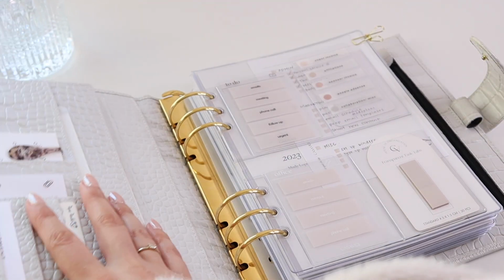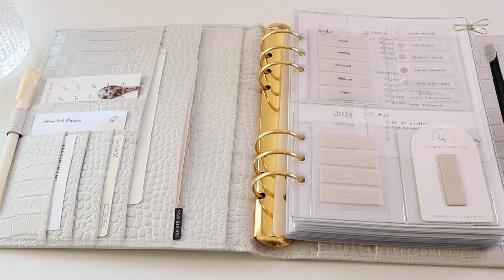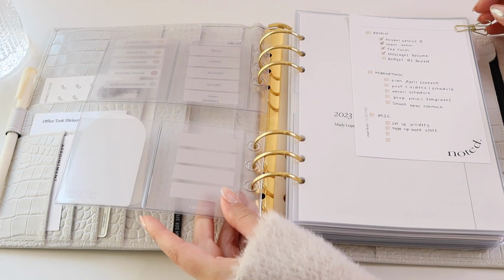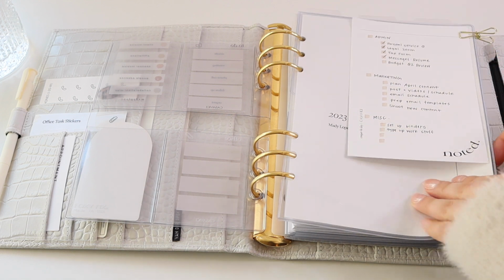So moving on to my A5 size agenda, this is my main planner and I pretty much plan everything in here, even work things, personal things, things that have to do with Casa Vici. I'm putting all of it in this one agenda, so it is pretty full. I'm hoping to break it up a little bit with that A6 planner, but for now,